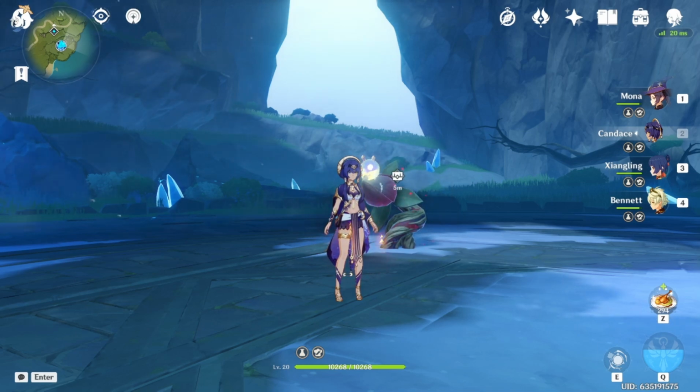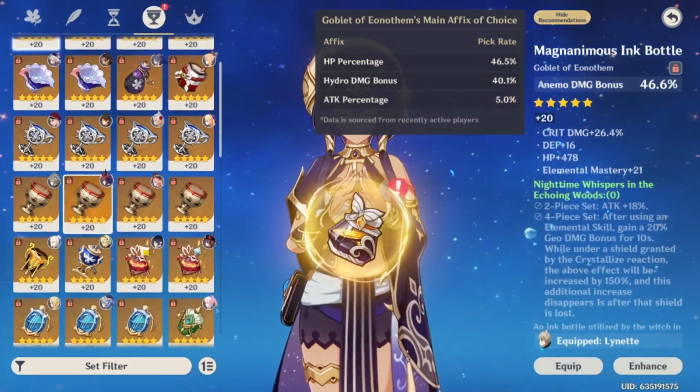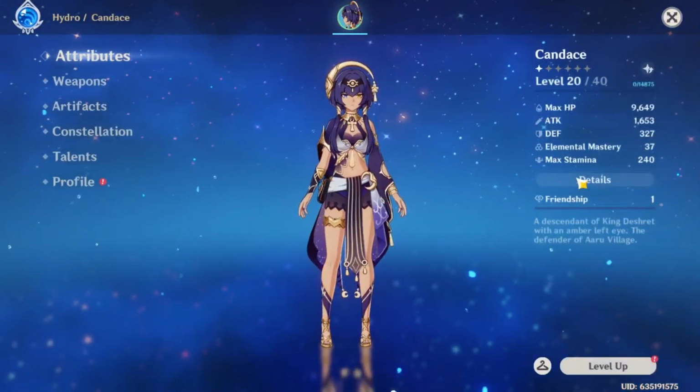Now let's try it again with our boy Ayato, and see if that does more or less damage. Also gonna change to Heart of Depth as well. So let's take this from Barbara, take Yelan's goblet back, and you definitely probably need more